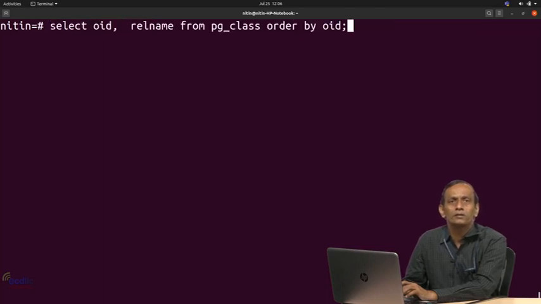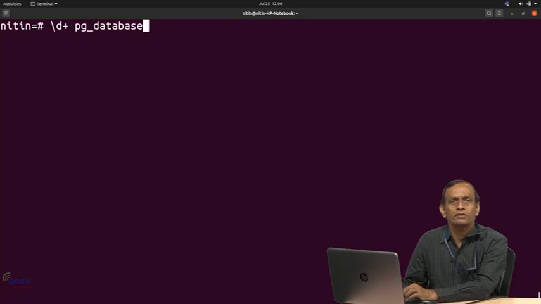Then we saw pg_class, which stores information about all relations or objects that you create in the database system. Then we saw pg_tables, which was a view similar to pg_class. Then we saw pg_user and pg_database. These are pg_roles, even we saw one table, and pg_shadow and pg_user are the views.